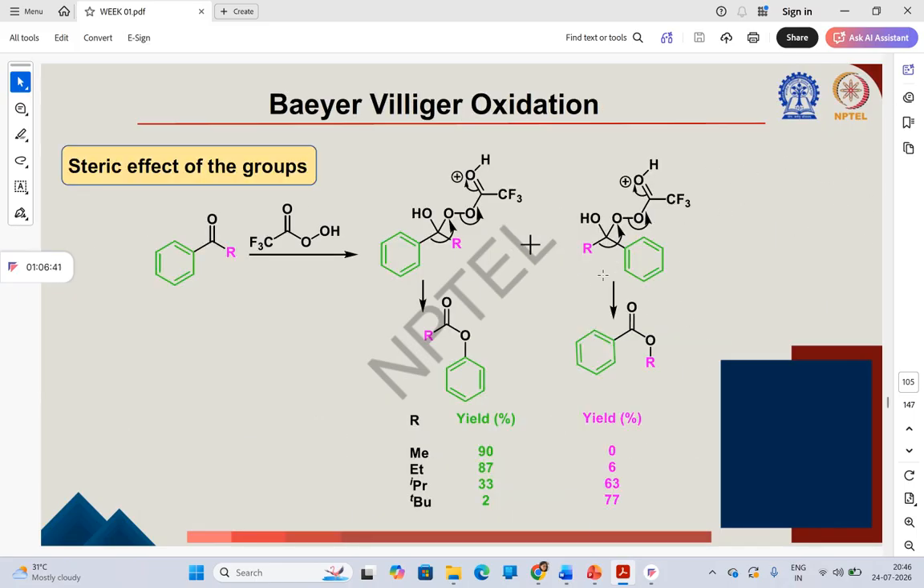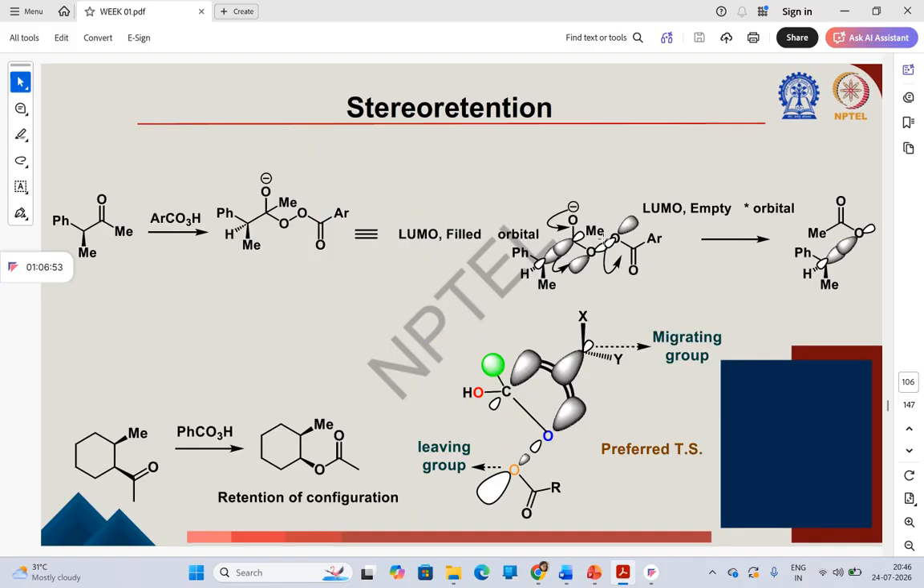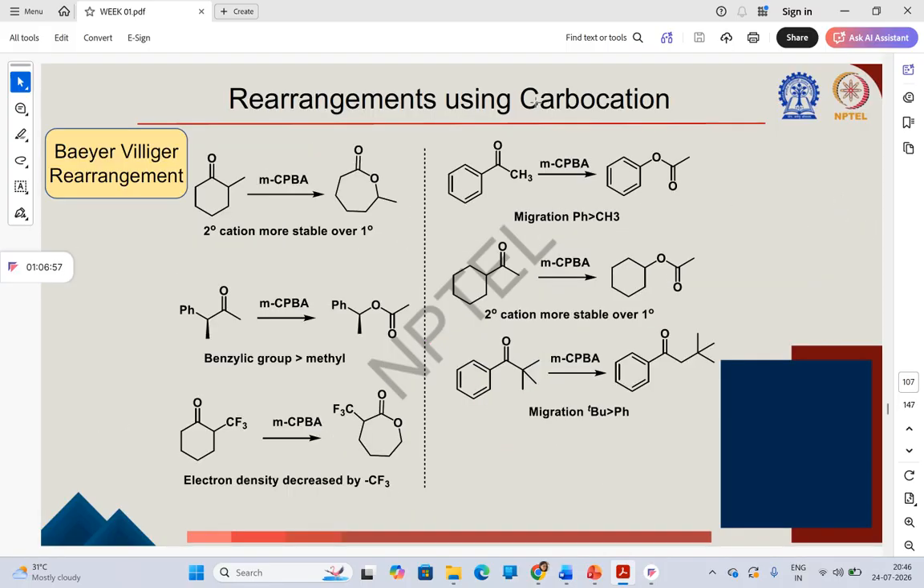So you can see when the R group will get migrated. The bulkier the group, the more easily it will get migrated, right? So a small group will not get migrated. So this depends on the migratory aptitude. Then after this one, we have a few examples where the Baeyer-Villiger rearrangement is taking place. So Baeyer-Villiger oxidation,